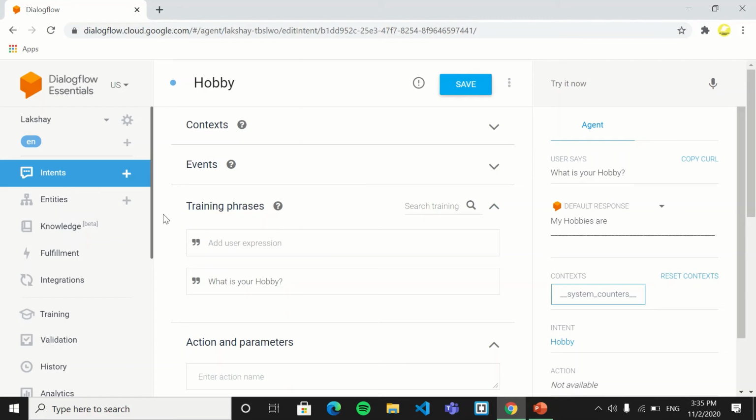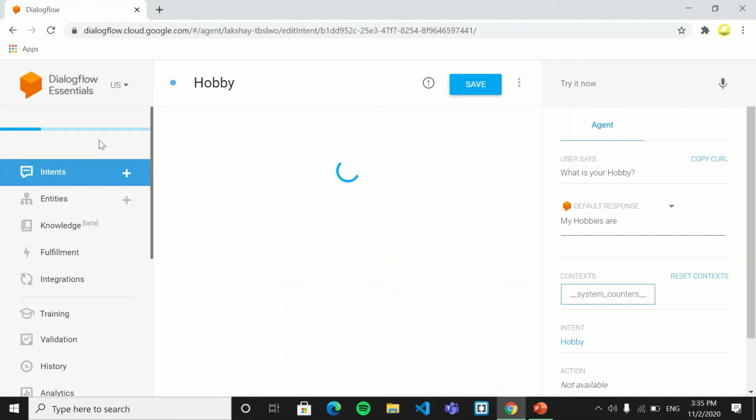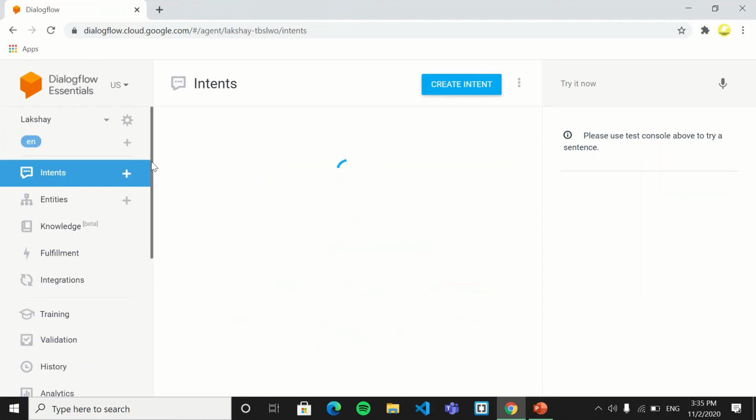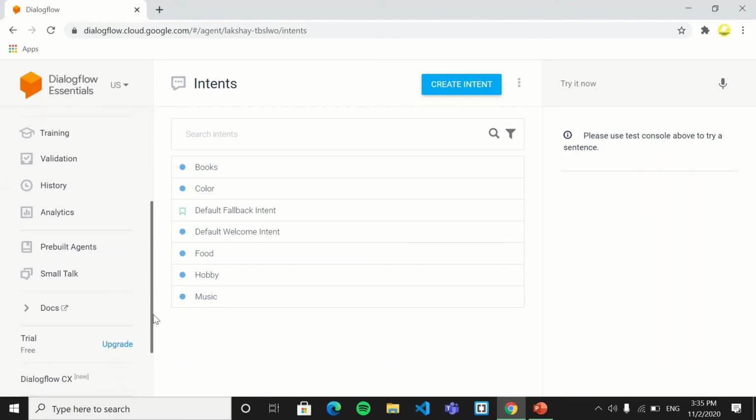Like in WhatsApp, when someone messages, the person doesn't know when we are online and when we are offline, but this chatbot is always online. So if someone wants to ask about you, or if you are making any other chatbot, like a chatbot on Einstein, you can make that, which will be available 24/7. So like this you can create more intents and fill up the small talk.